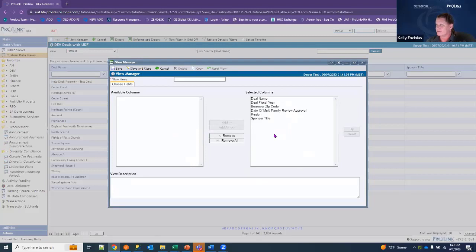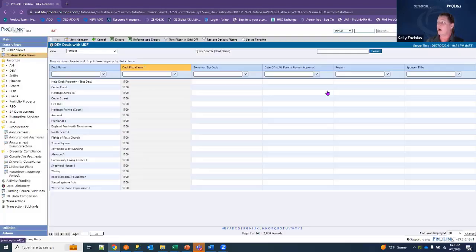I've got everything in this one, but all those types of built-in functionalities that exist today are available within these custom data views. One thing that I do want to point out that is different about custom data views is that I do not have click-through ability like I do in regular data views. Okay,